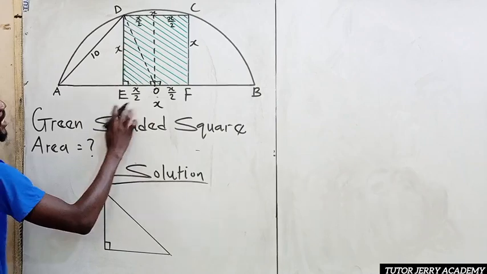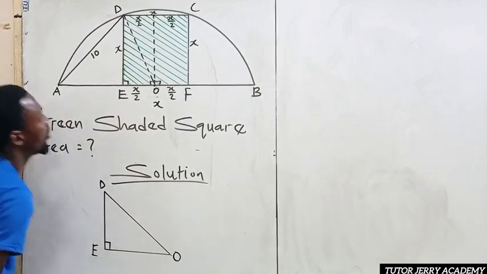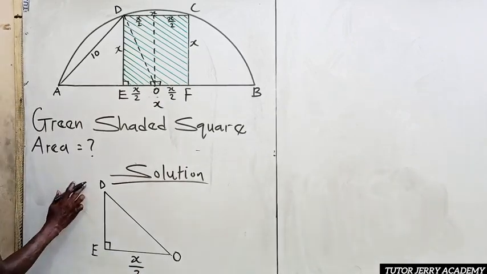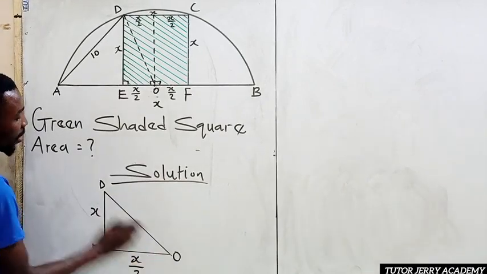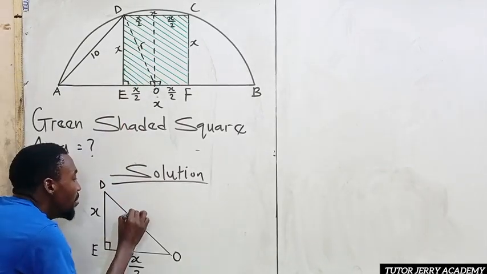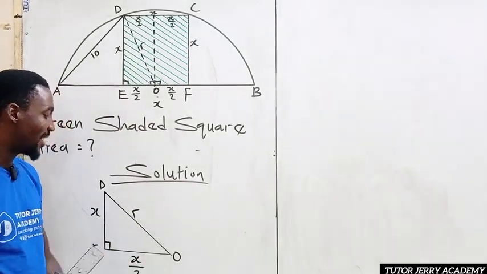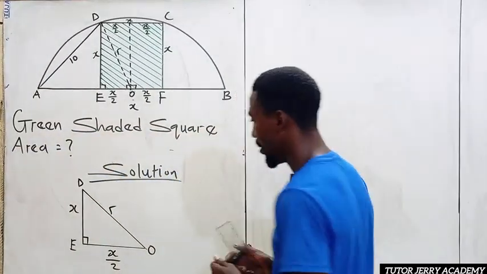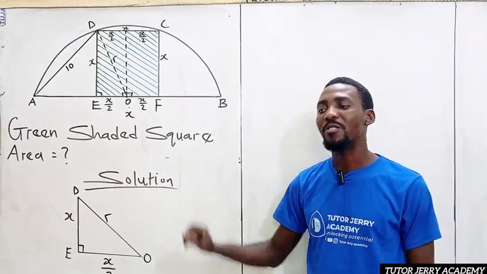Now we have triangle DEO. We know that our OE is x over 2, and we know that our DE is x. Let's call OD to be R because we don't know the radius. If we name this R, we can apply Pythagoras theorem to find what our R is. By applying Pythagoras theorem, it says that the hypotenuse side is equal to the sum of the two other sides, provided that they are all